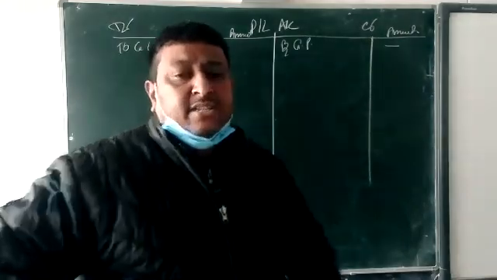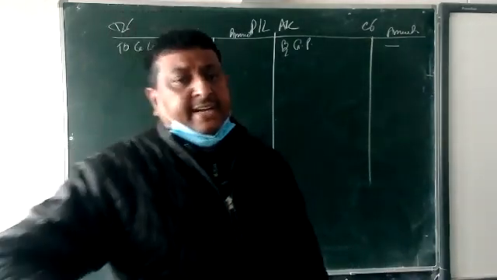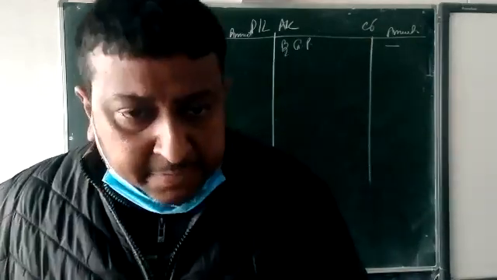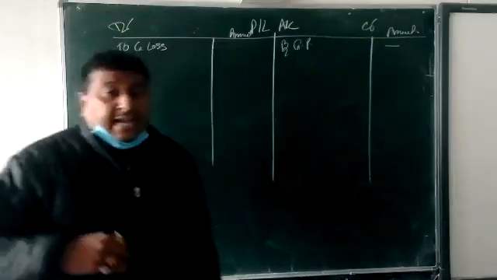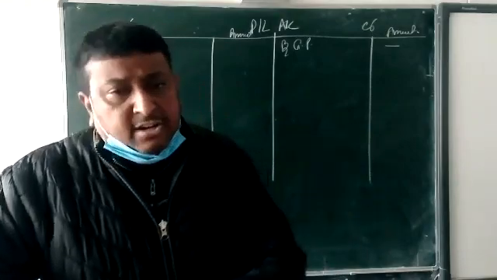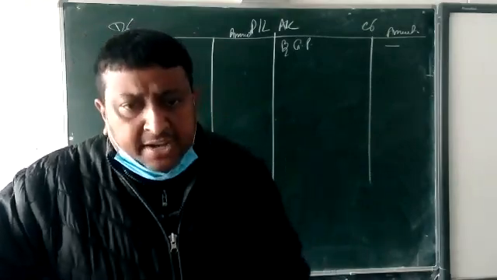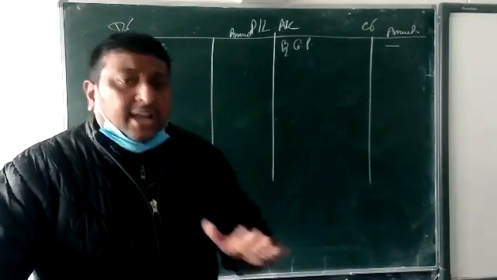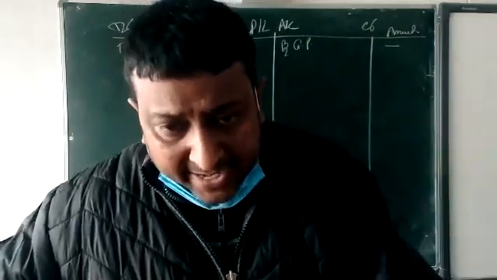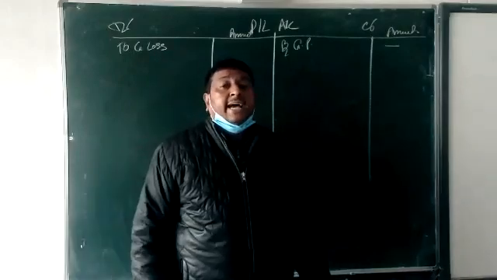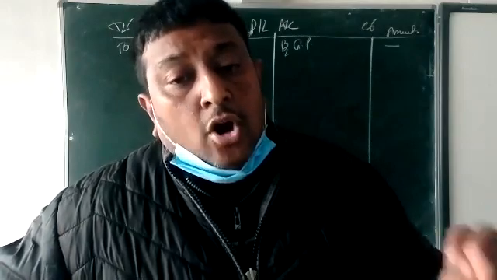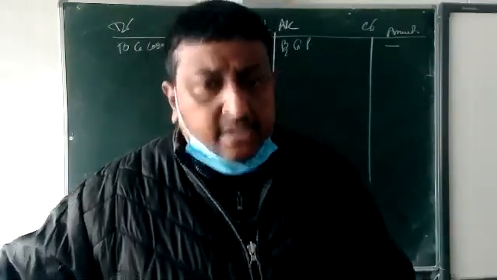This indirect expense is divided in two parts: one operating expense and second non-operating expense. Operating expense means, beta, the expense which is directly related with the business, and non-operating expense is the expense which is not related with the business, but we are showing it. Okay, beta. All the expenses which are directly related with the business are the operating expenses, and the expenses which are not related with the business are called non-operating expenses. Okay, beta? Clear?